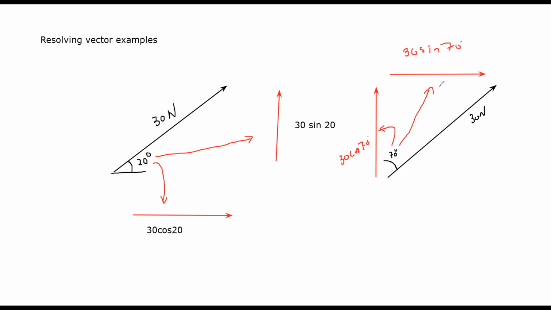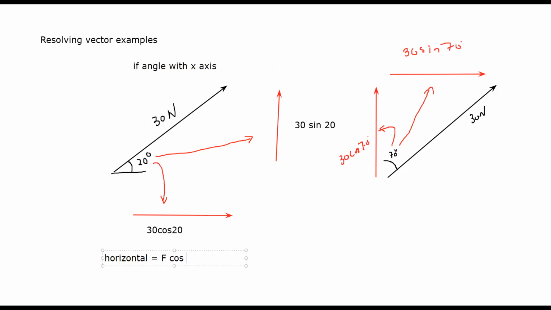So you have to check which angle is given. If the angle with the x-axis or horizontal is given, then the horizontal component is written with cos and the vertical is with sine. But if the angle with the y-axis is given, then I will write it here. If the angle with the x-axis is given, then the horizontal is F cos theta,